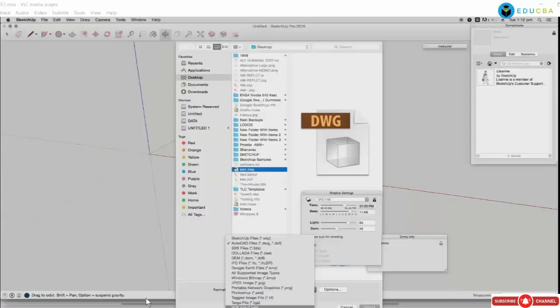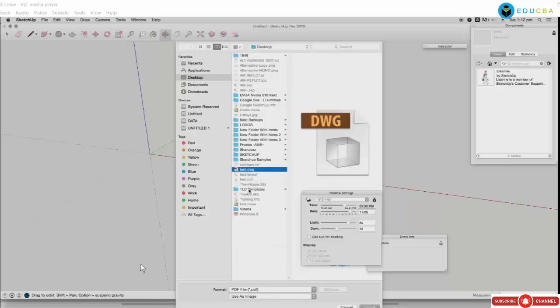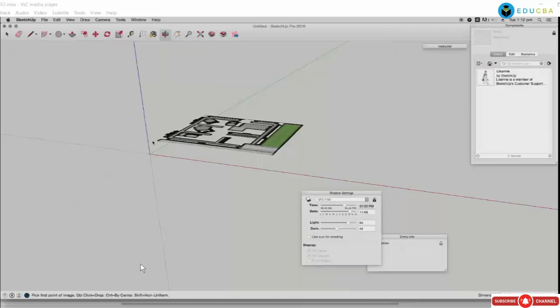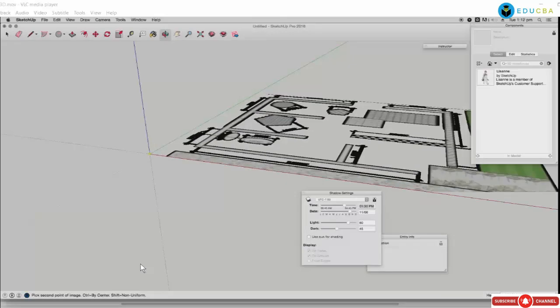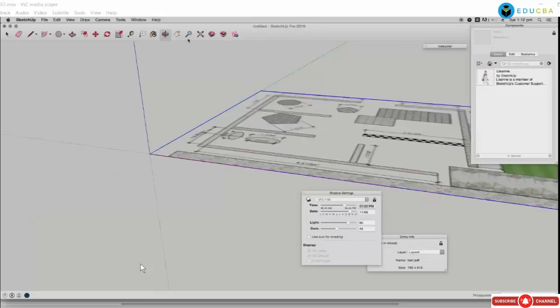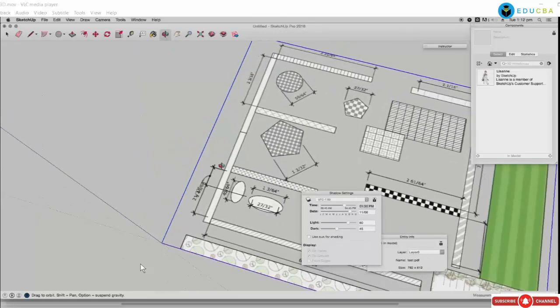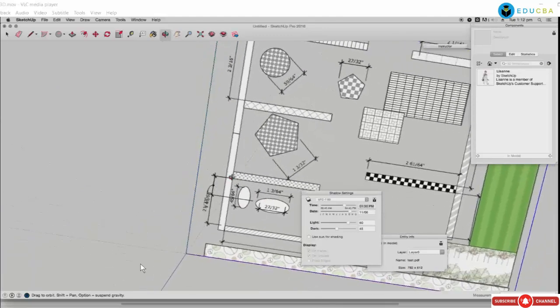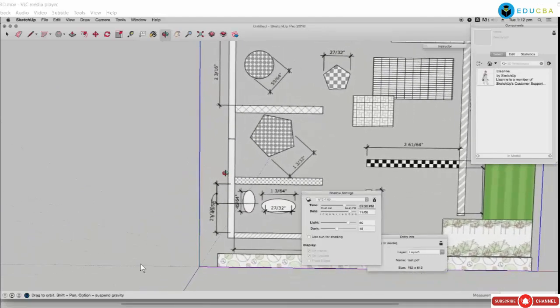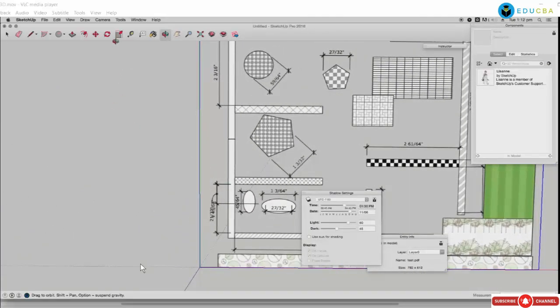The file we exported just now, I'm going to import it in the SketchUp 3D module. When I place the file on the floor, it gives a bitmap image because it is exported as a PDF bitmap file. Let us trace it very easily. Instead of